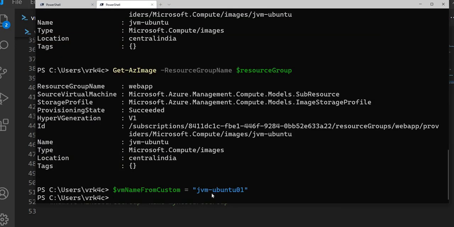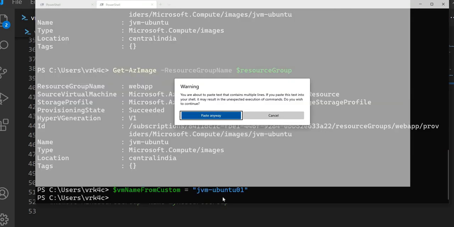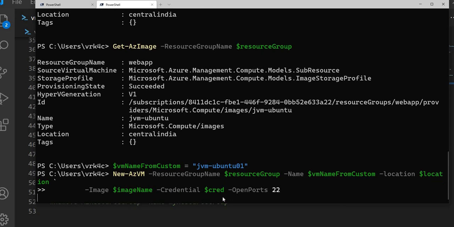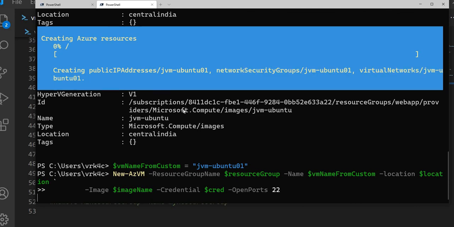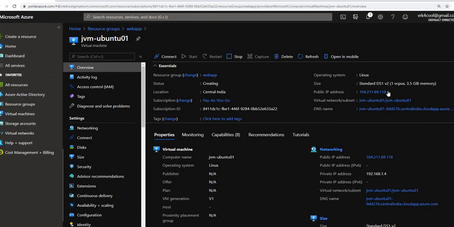I want to create JVM Ubuntu 01 with the same specs, the same credentials, in the same resource group, in the same location, with that image. Let this complete, then we'll SSH into it.